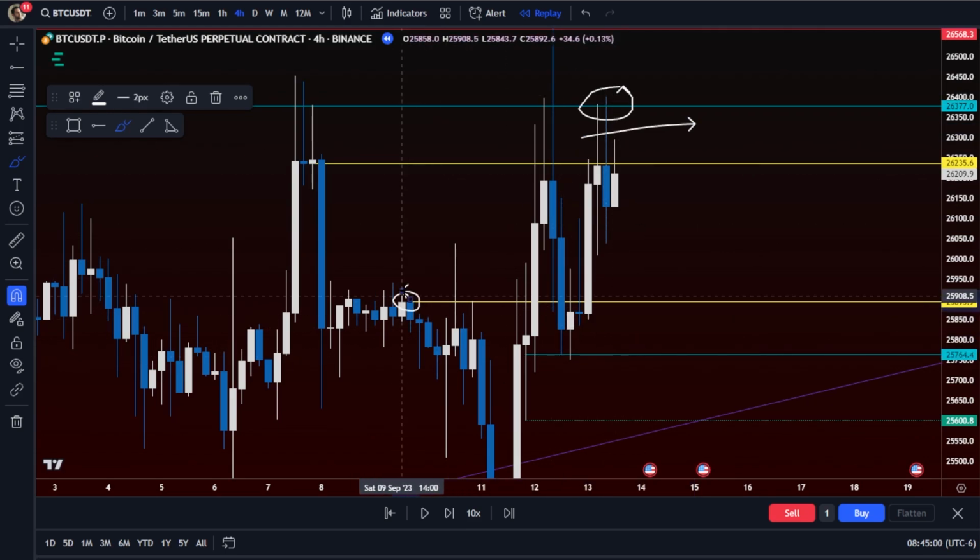And then it's the same thing with here. You're taking this hourly or this 4-hour, you're breaking it down to the hourly. We didn't have a 15. We had a 5 that was right beside it.